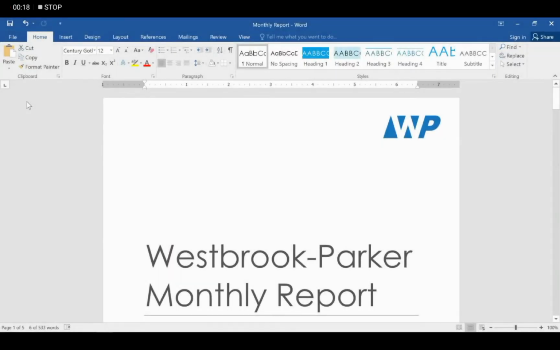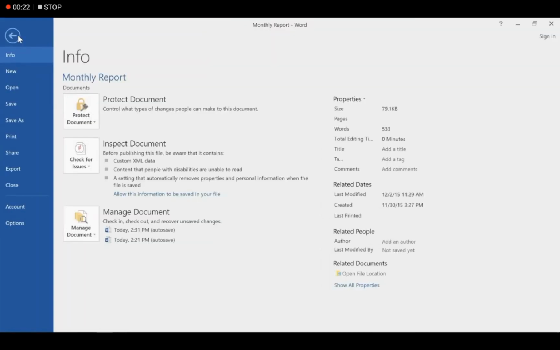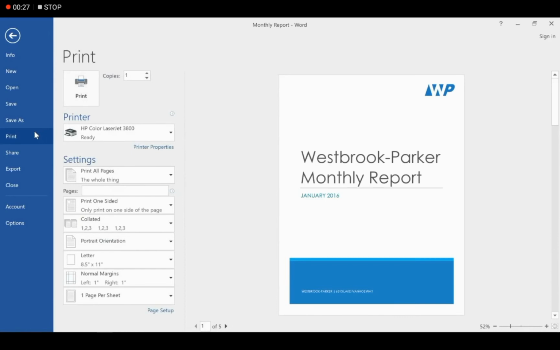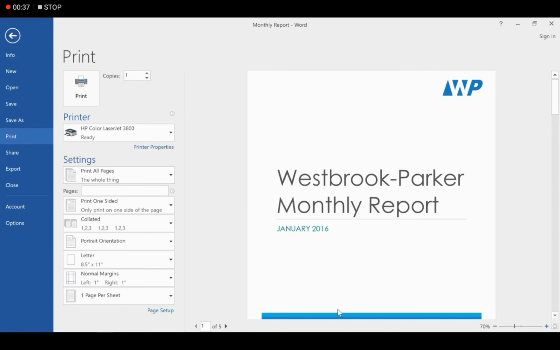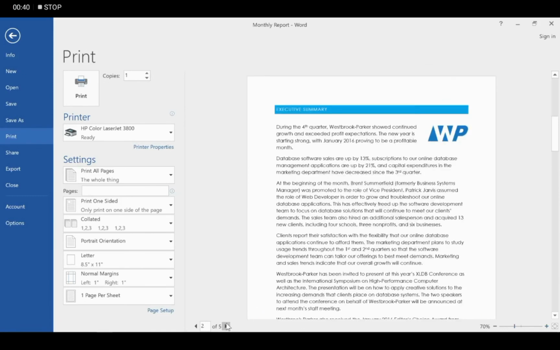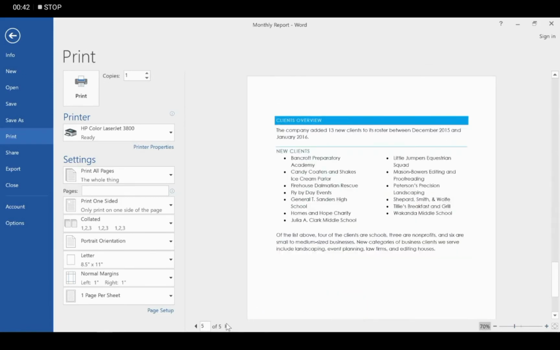Now I will tell you how to print a document. You just have to click on the File tab and the Print option. As you can see, at the left side many options are showing, and at the right side it is showing the complete overview of your page. You can zoom in and zoom out your page, and you can select any page if you have more than one page. You can select the number of copies and then click Print.